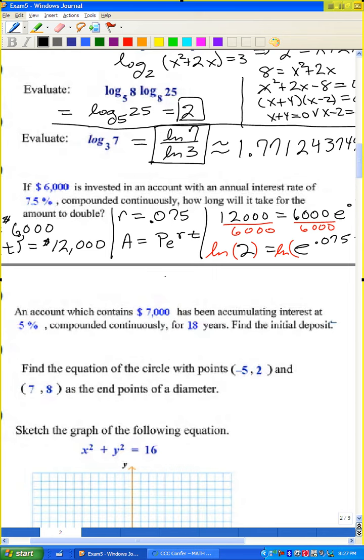So the amount contained is $7,000 after 18 years, and the interest is 5%, and we want to figure out the initial deposit,